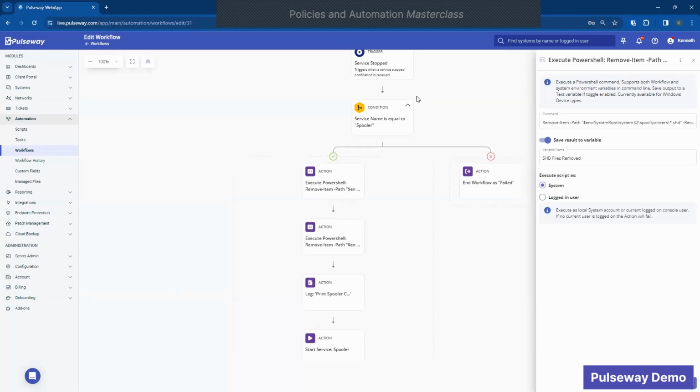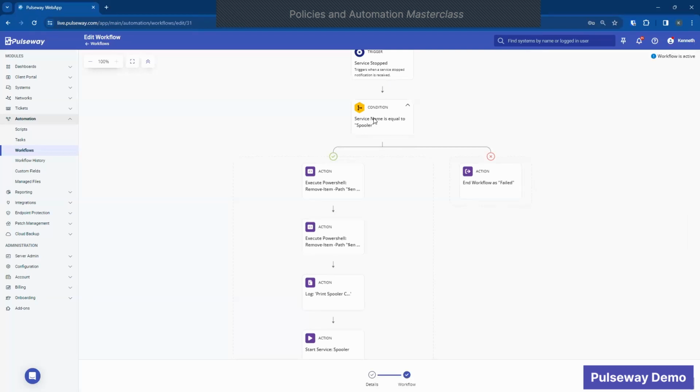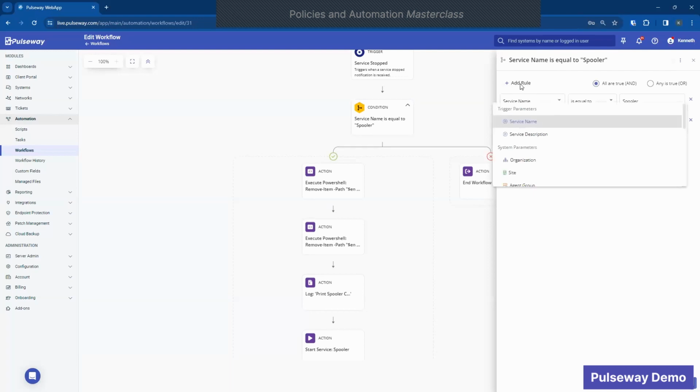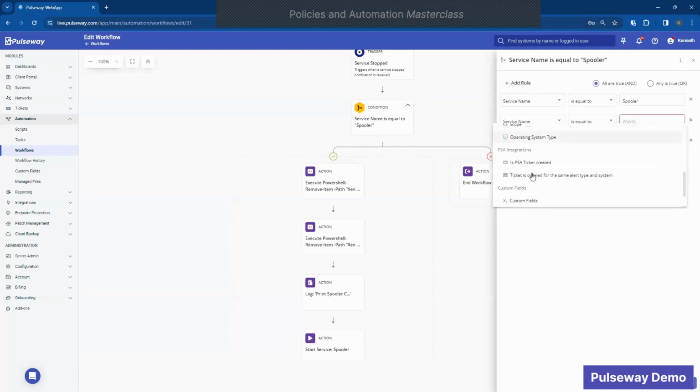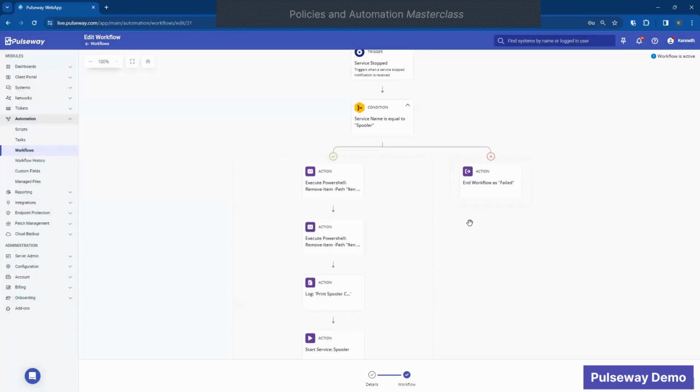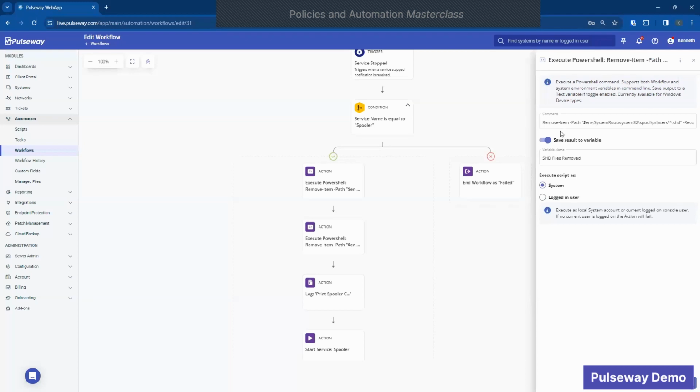So as and when the service stops, we create a spooler service definition as a condition. And of course, we can add some additional ones if required, and it could be targeted based on an org, etc. Of course, there are a lot of options that we can think of here, but really, in this example, the service stops, we create a condition, and then we go by executing a PowerShell command that allows you to clear up those SHE files